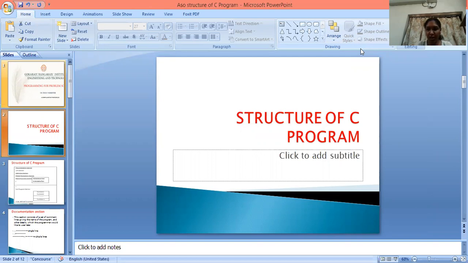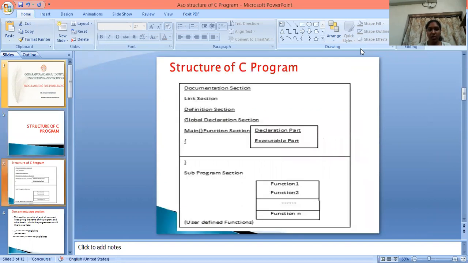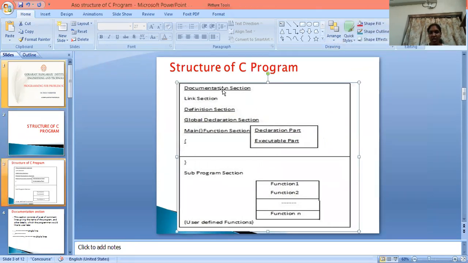If we want to write a program in C language, then you have to follow some steps. This is the block diagram for a C program. In this, we have different sections. First one is the documentation section. Next one is the link section. Next, the definition section.